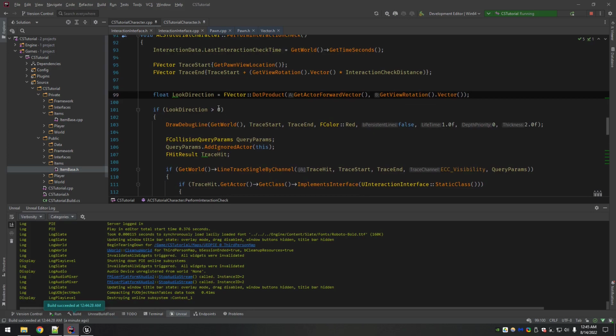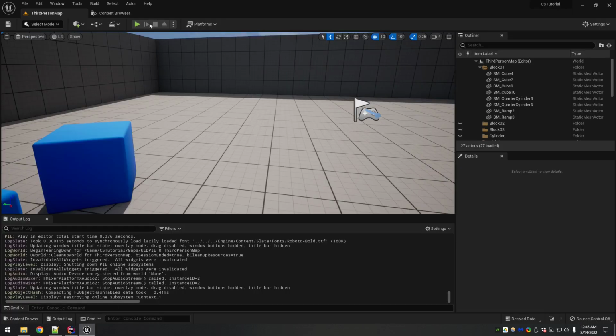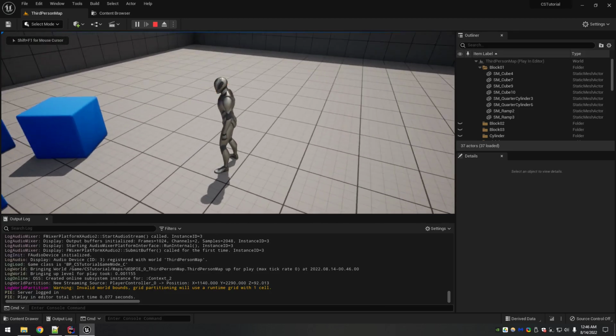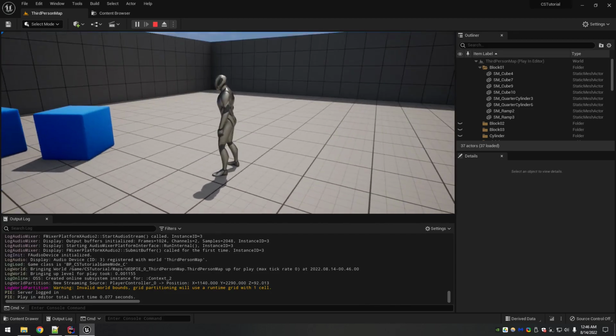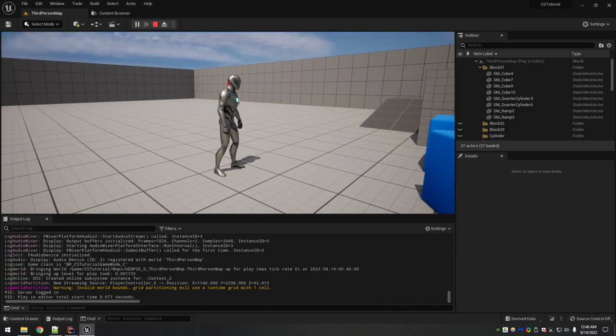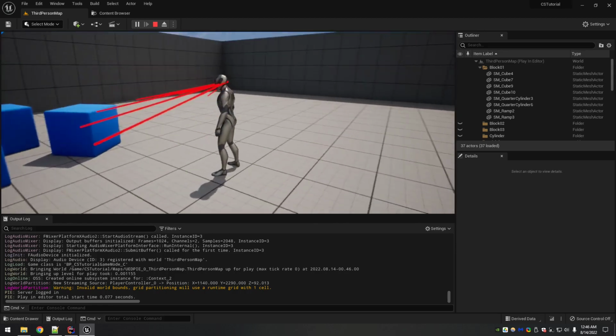If you wanted it to be more narrow, you could come in here and raise this and say if it's greater than 0.1, right? That would be narrowing the field of view. But I think this is fine the way it is. I'm just going to leave it at 0. So, sorry, I said 90, but what I meant was 180. 180 directly to the character's left, all the way over to the character's right.